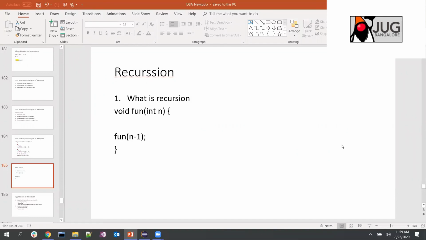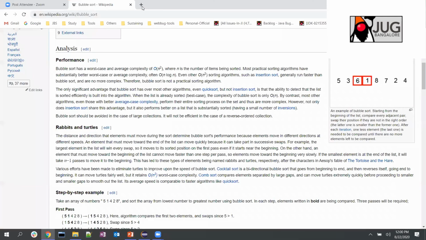Feroz, can you suggest some book or some video series to cover these topics in depth? I think a lot of material is already available on the Geeks for Geeks website. So you can just go through it, right? A lot of things are already available on the internet. I don't recommend buying any book and all. Books will cover only the very basics. There is one book, Cormen, that you can refer to, but that is pretty huge.